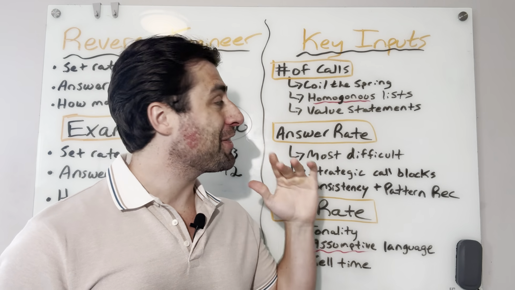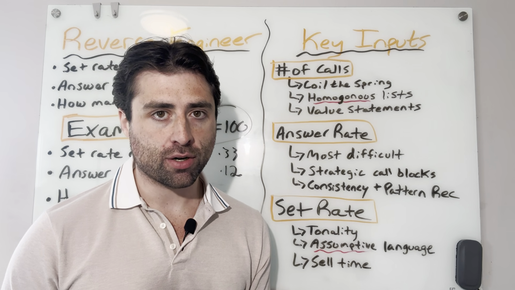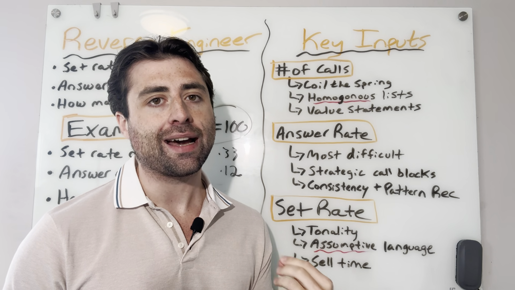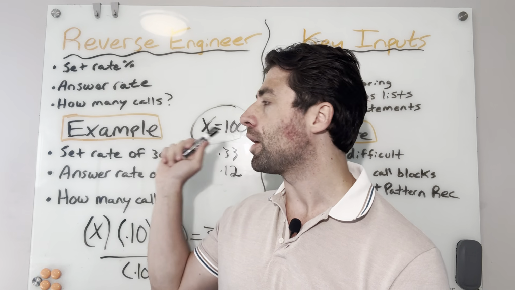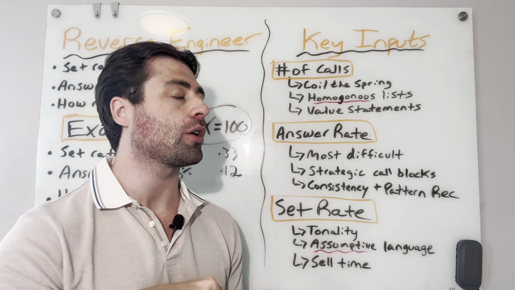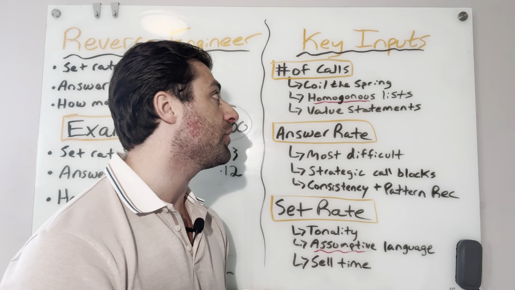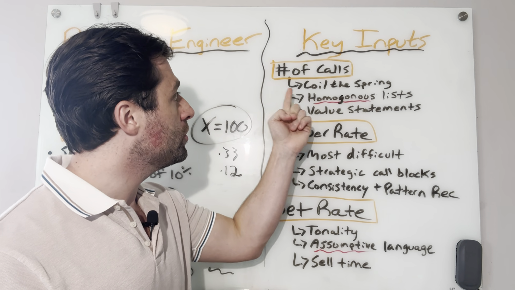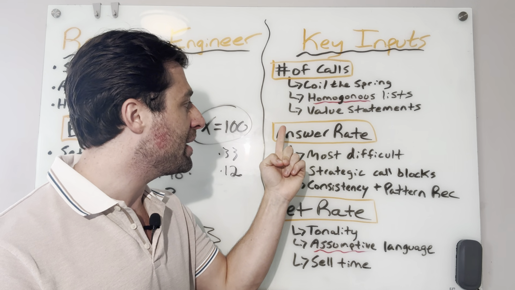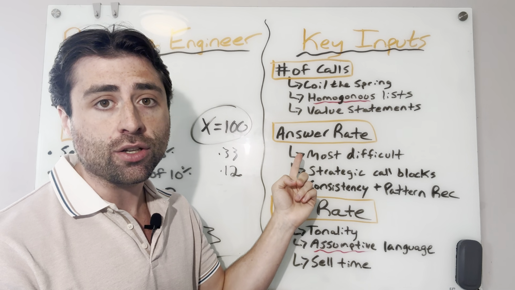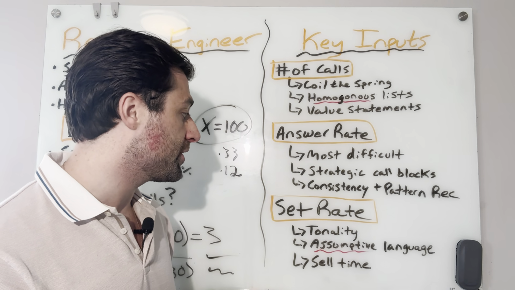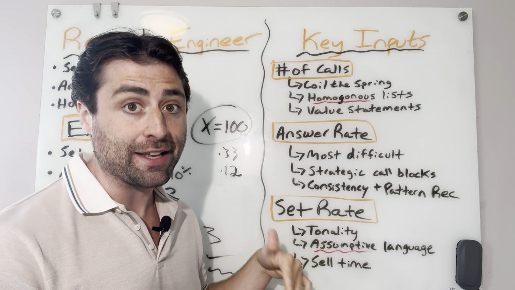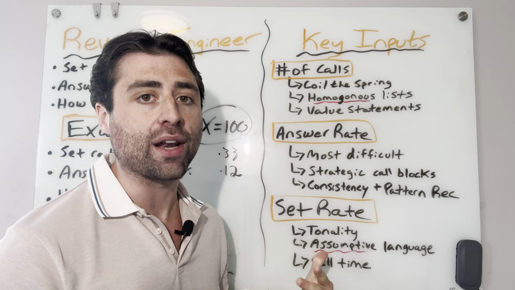So we're done with the math, and this takes us to the most important part of the video, the questions that you should now be asking in your head, now that you understand the key inputs and what goes into actually setting 3 meetings a day. It's, how can I increase those inputs? What can I do to increase the number of calls that I make per day? What can I do to increase the percentage of people that answer? And what can I do to increase my conversion rate when I get those lives?